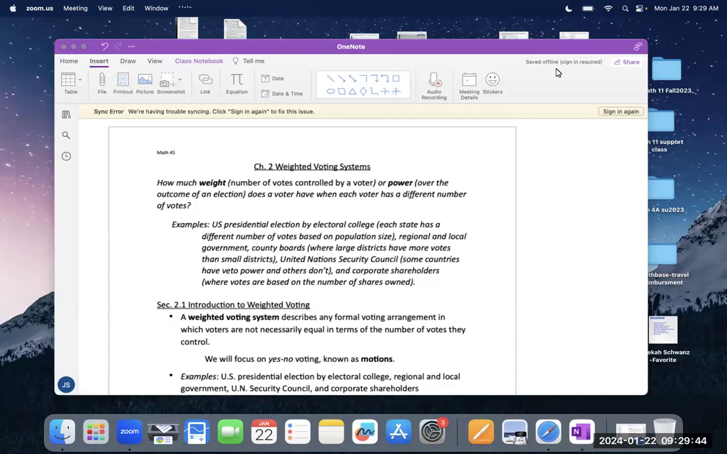In chapter 1, we learned about different voting methods, and in chapter 2, we're moving on to weighted voting systems. The main difference is that in chapter 1, usually one person was given only one vote, and that's typical of our presidential election. However, if you think about the Electoral College,